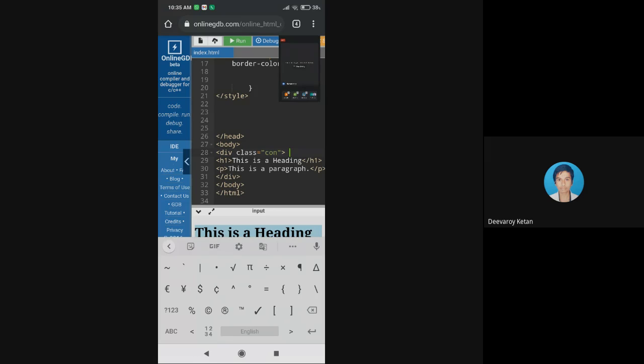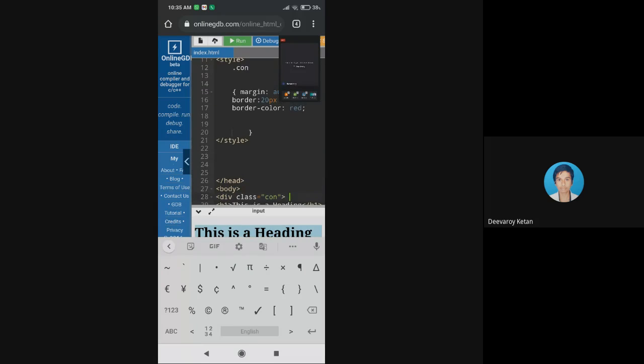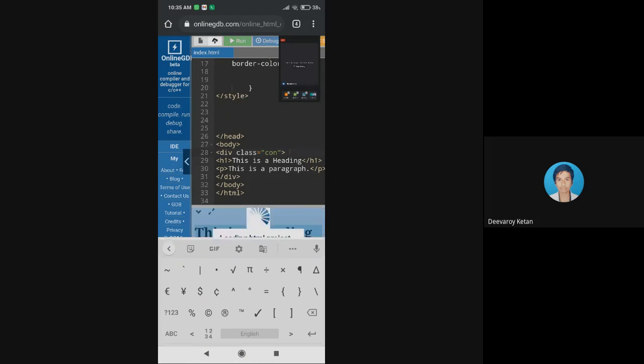It should be centered. So if you see this, the output.